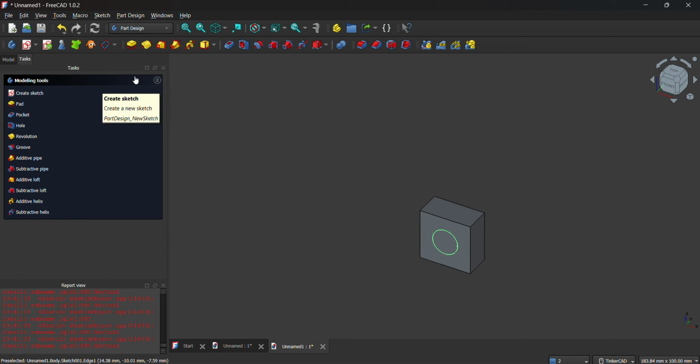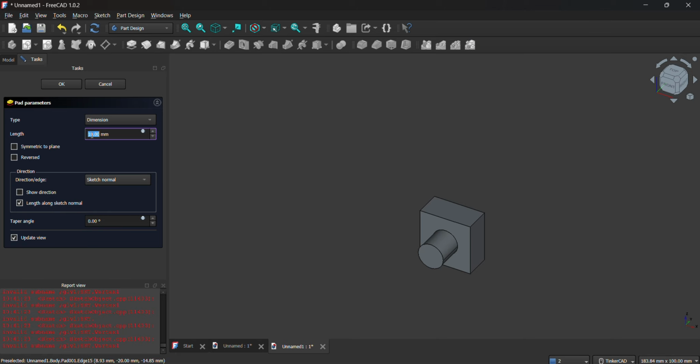Close. And then, of course, to make this a solid cylinder, we have to create a pad, and then 10 millimeters again. However, since I will be inserting this into another hole here, imagine the thickness of this is 10 millimeters, but there's another thickness here. So 10 millimeters minus 1, so it's actually no longer 10 millimeters. Instead of 10 millimeters, I'll have a shorter one, which is 8 millimeters.